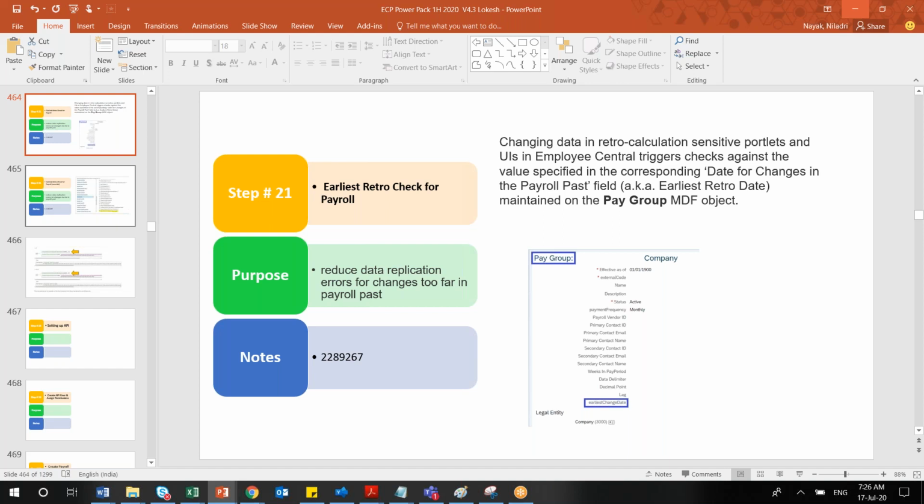So for example, for this earliest retroactive date, what I would do is put a very simple picture there. I'll show EC and ECP, and in the first picture I'll show that the earliest retroactive date was maintained in the pay group portlet or whatever prior to that, and it caused a replication error.